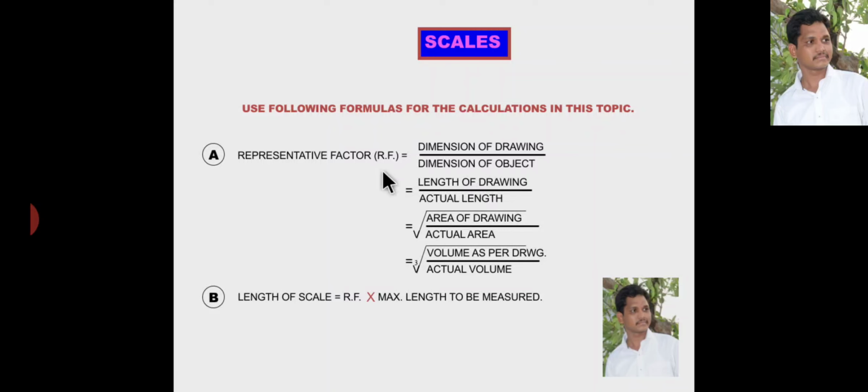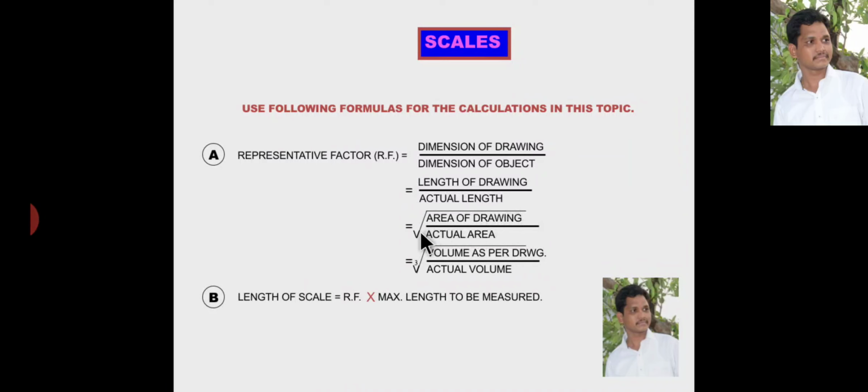Okay, so representative fraction is the ratio of size of drawing on a drawing sheet to the size of original object. Okay, it can also be written as length of drawing to the actual length,